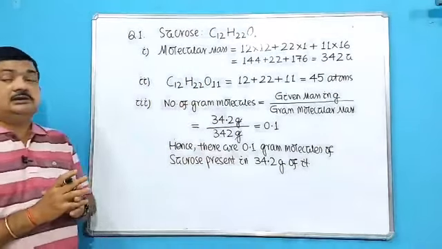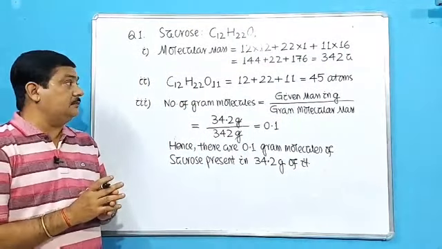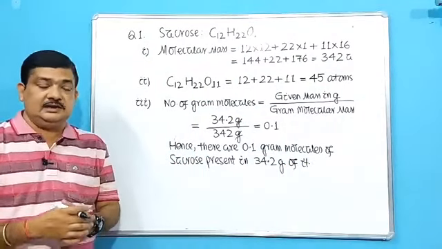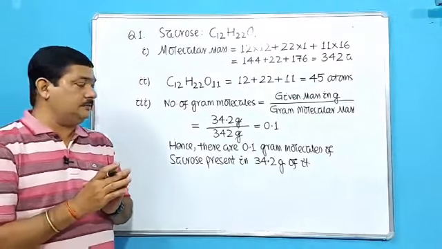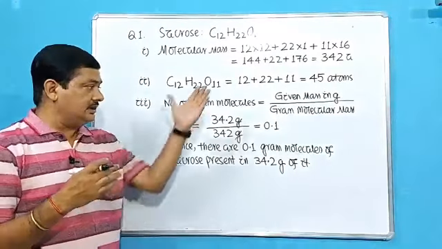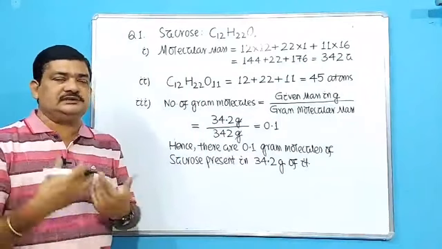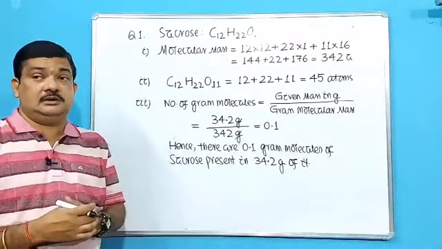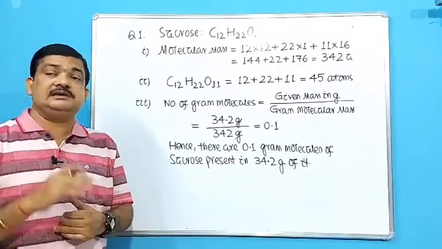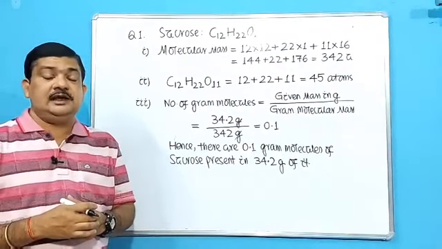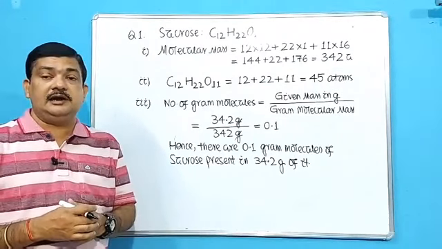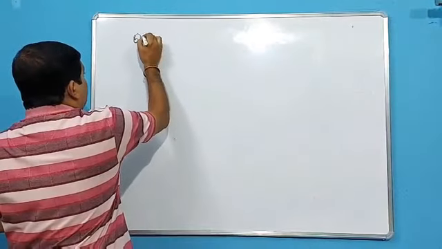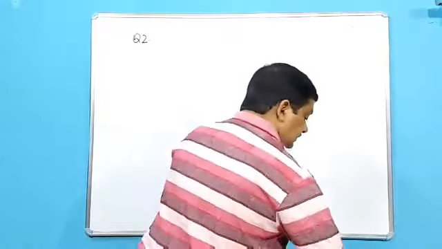Okay. So this is the solution of question number 1. All the bits I have solved. Those who have solved it earlier and have gone somewhere wrong, please rectify it accordingly. Very simple questions, and questions like this will be asked in the examination. Others who have not solved it and sent it to me, please solve it and send it to me as assignment. Okay. Next we'll go to question number 2. What is the question?